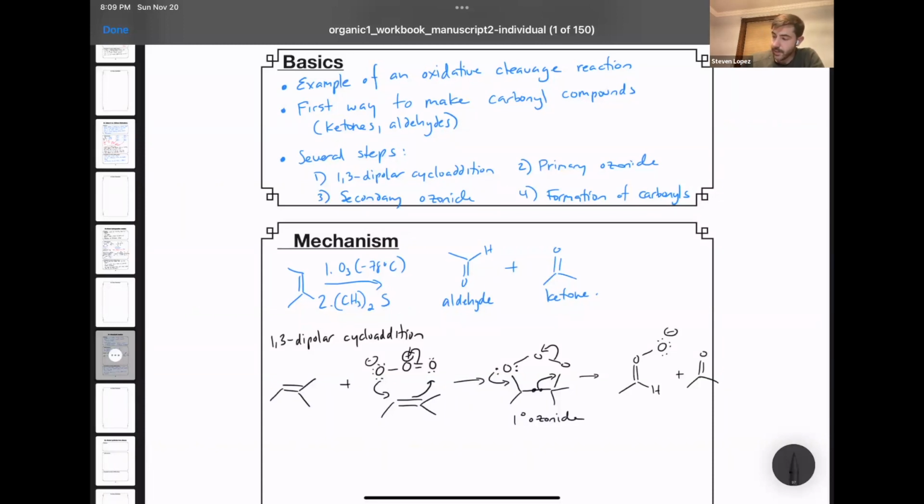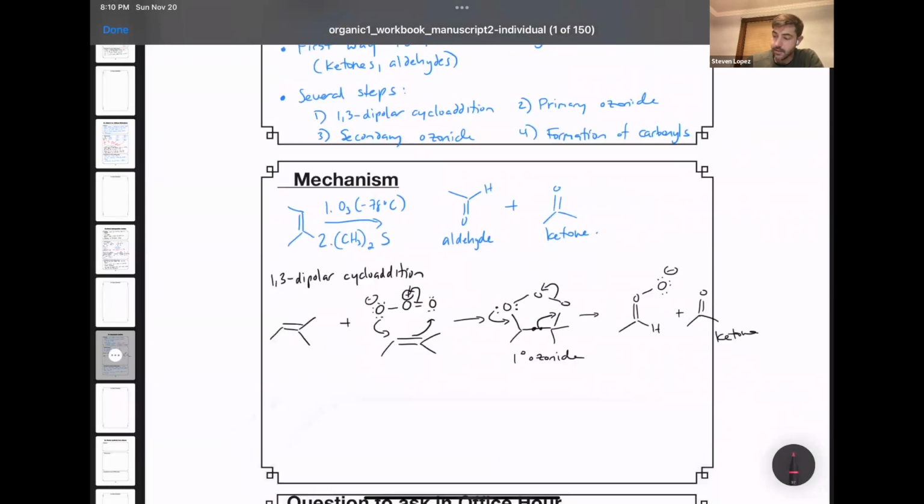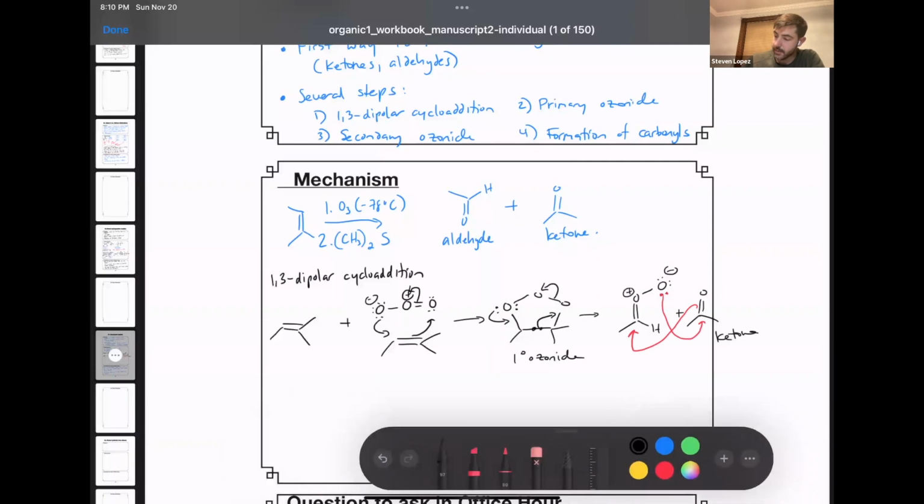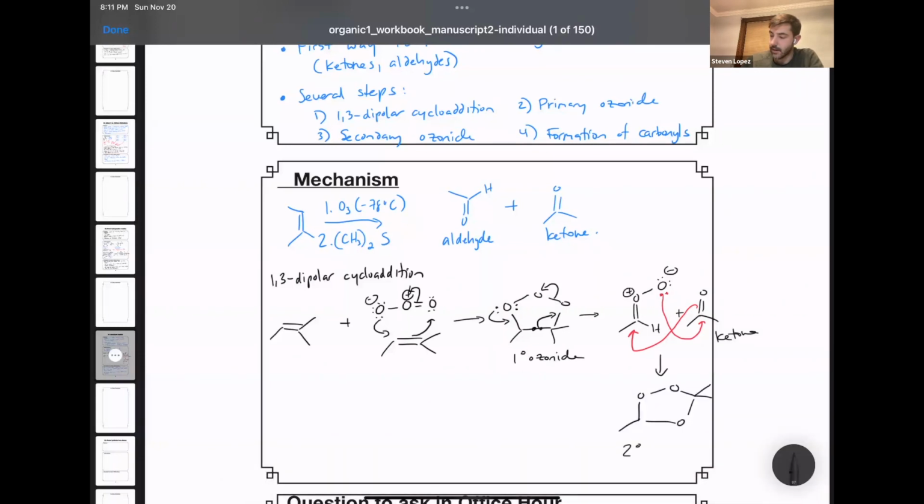So here you have the formation of a ketone on the right, okay? And then you have this negatively charged oxygen species on the left. This nucleophilic oxygen will attack the carbon of the ketone, okay? And then push the electrons from the carbon-oxygen double bond to attack the electrophilic carbon here of the aldehyde. I'm going to just put a formal charge that was missing there. This is known as a secondary ozonide.